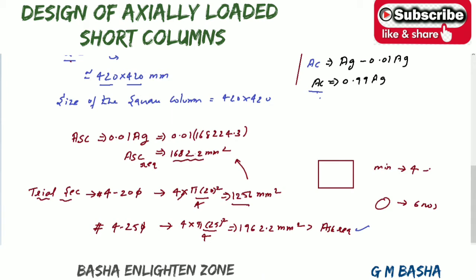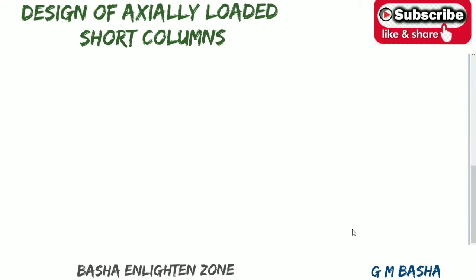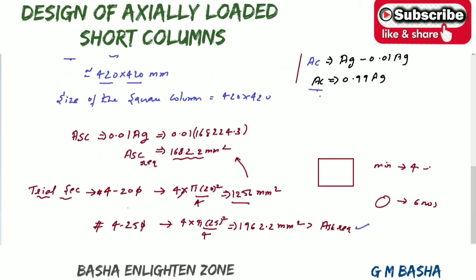Otherwise you can check the trial versions by using 6 bars also, like 6 bars of some 20 dia. Like that also you can check 6 bars of some 25 dia, based on the trial versions. But here almost the value suited here, that is 4 bars of 25 dia. Therefore we are providing here,